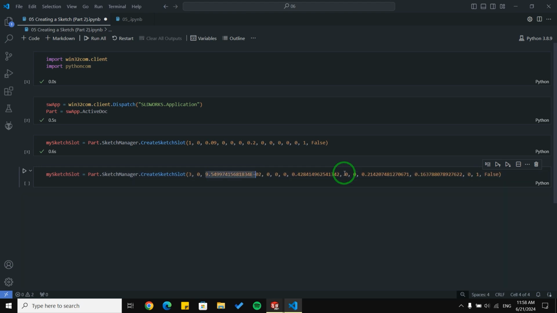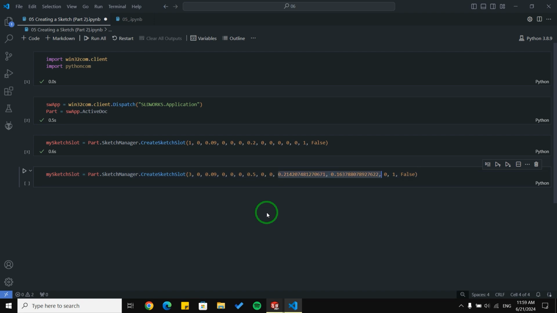Next, we should specify the weights of the slots. I'm going to put 90 millimeters for the weight as above. For the first point, we are going to use 0, 0, and 0. For the second point, we are going to put 500 millimeters.